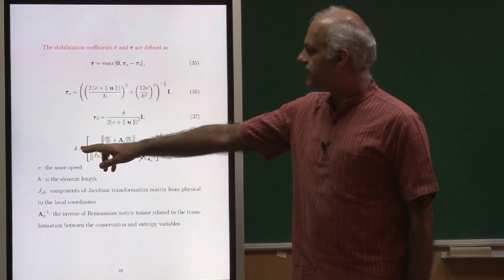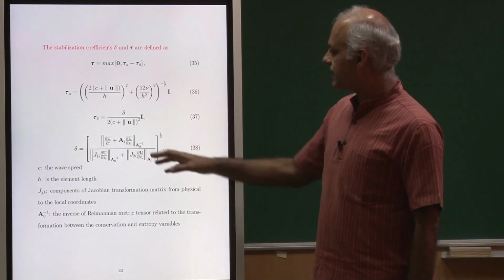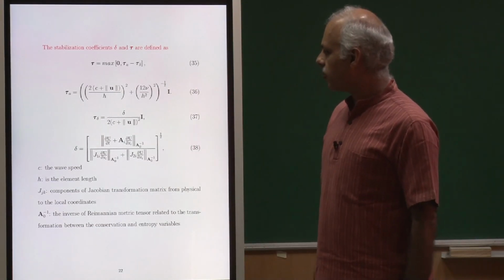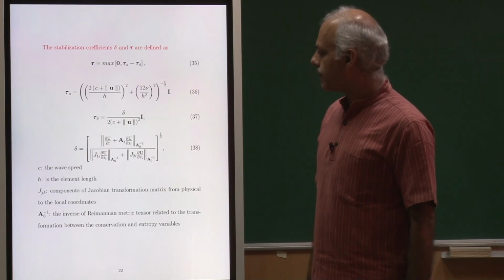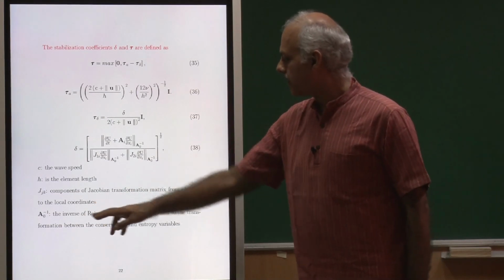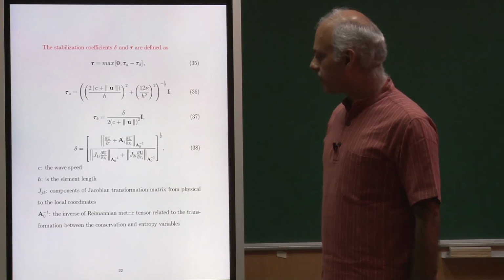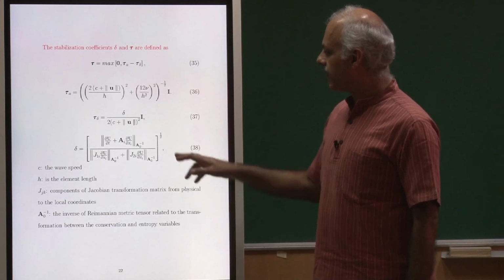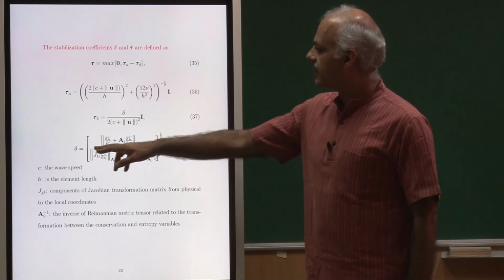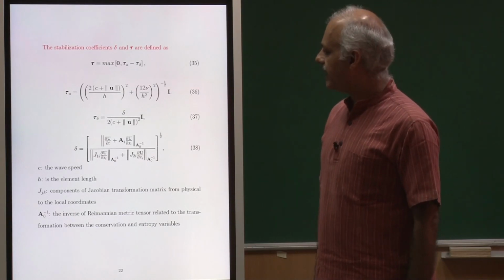Delta is the coefficient for the shock capturing operator, and that is a little bit tricky. So, to compute that because it is residual based, we introduce this Riemannian metric tensor A0 inverse. So, you will have to read a little bit about this. I think this is beyond the scope of this course, but I hope you get an idea that these coefficients are also going to be residual based, and thereby the method is going to be consistent.